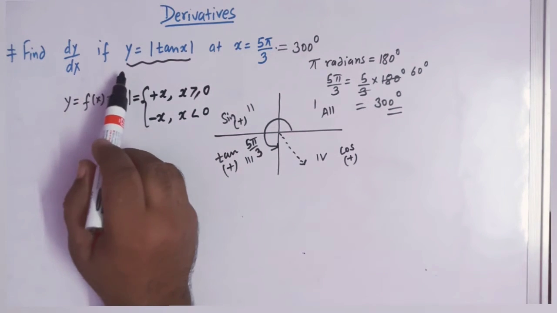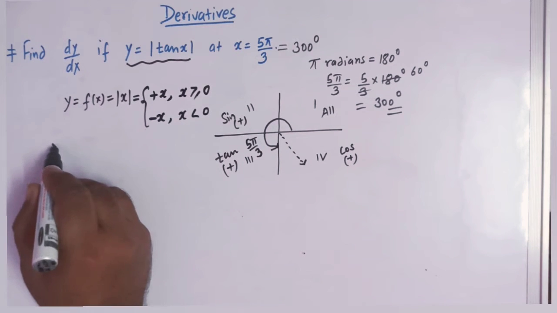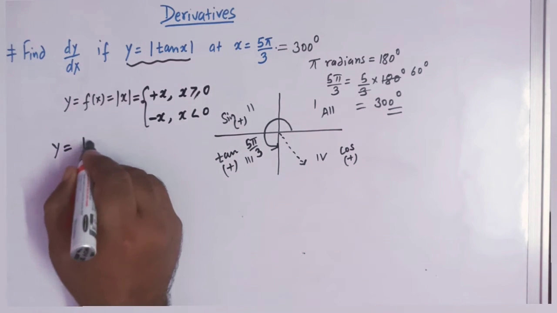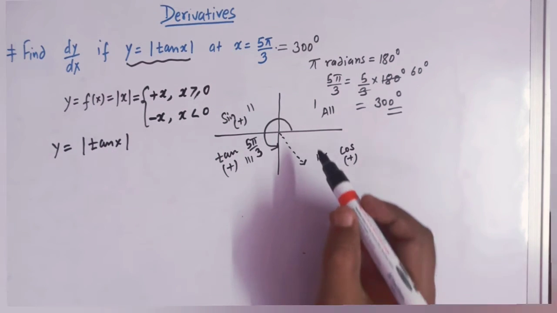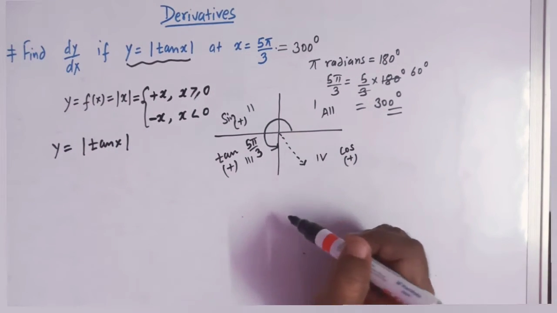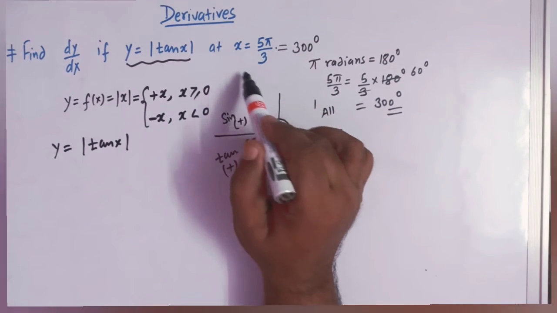Here we'll make use of this definition. So we have y = |tan x|. And from trigonometry we know that in the fourth quadrant,